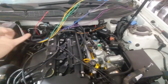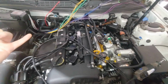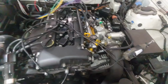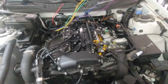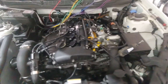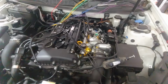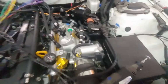And because of these wires I told you to ignore, I'm wiring in a Haltech 1500, and I figured that adding some additional grounds will only help me out. Usually I've seen these ground kits as kind of snake oil because they have been around for the 20 years that I've been doing car stuff, and nobody's ever really put out significant data on it unless you have really bad grounds, like I was saying